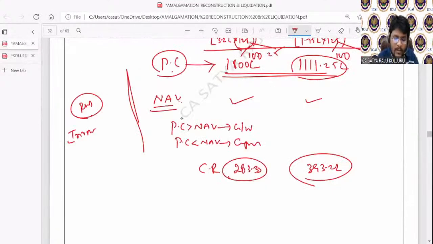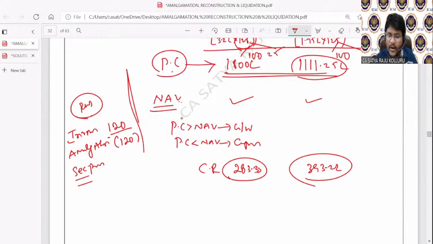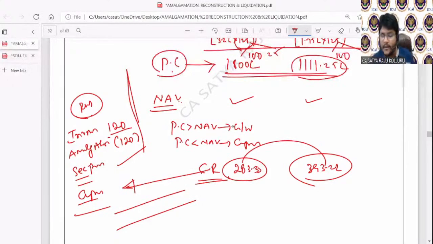But at the same time, you need to maintain the amalgamation adjustment account as well with a negative figure. The entry is amalgamation adjustment to investment allowance reserve. Investment allowance reserve is a positive figure. Amalgamation adjustment account is a negative figure. Am I right? Next, apart from this, securities premium also you need to record. Just now you derived the securities premium; the entire securities premium you need to record. Apart from that, while comparing PC with NAV, you derived the capital reserve. Such capital reserve you can also add here. Then you will get the total of the reserves and surplus.